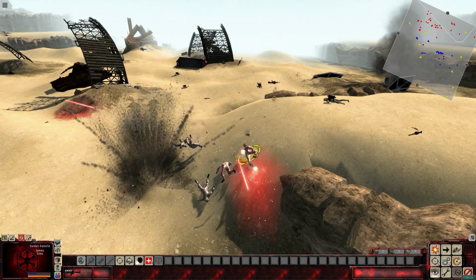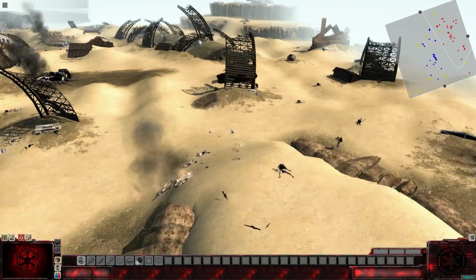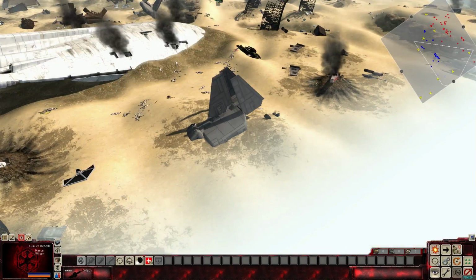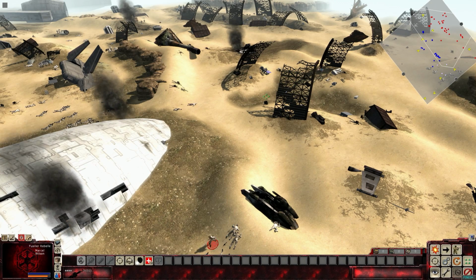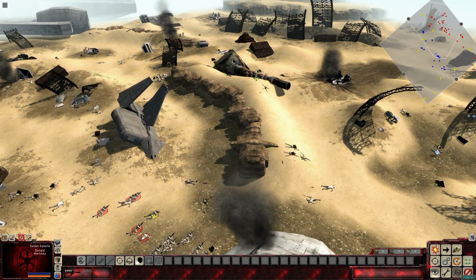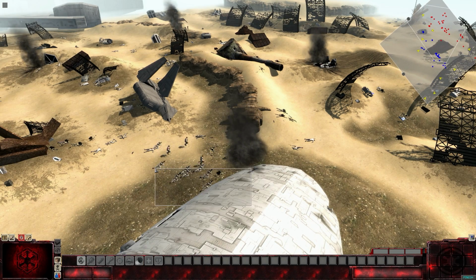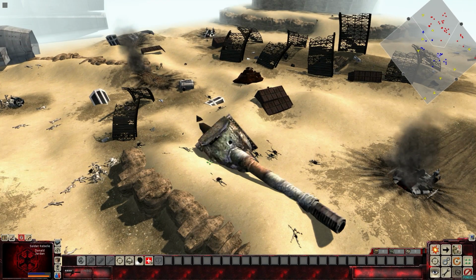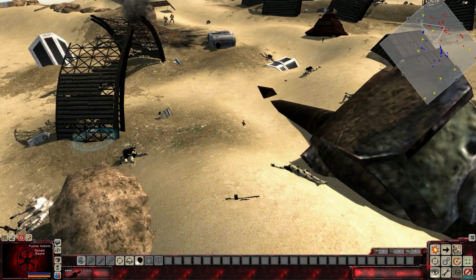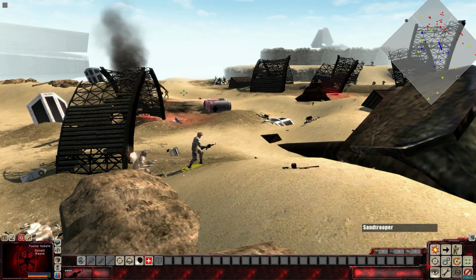These grenades are dangerous. The Empire has a huge advantage with those hand grenades. Should have dropped a few more bombs from that X-Wing. Definitely should have. Maybe we should call in this... maybe we should get one of those hero cards, huh? Call in some